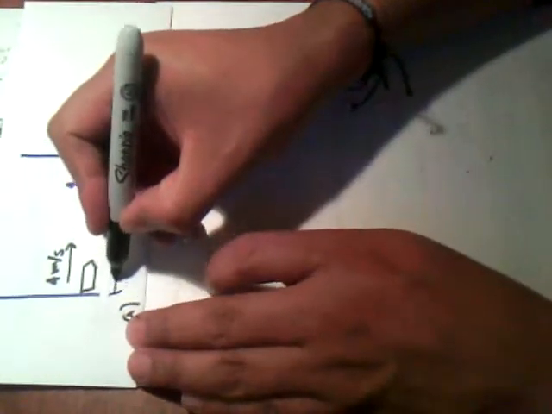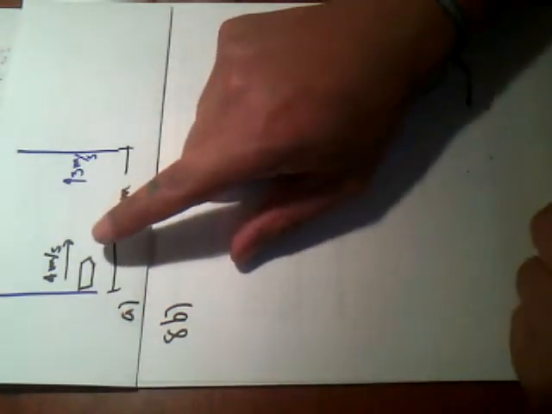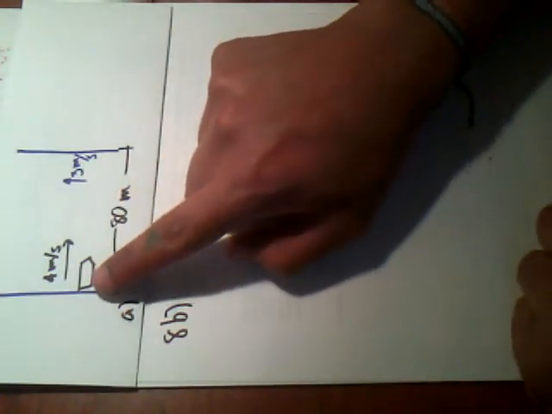This is the diagram, and in this diagram what they say is if the width of the river is 80 meters, so we know that this is 80 meters, then how much time does the boat take to go from one shore to the other shore? So the point here is